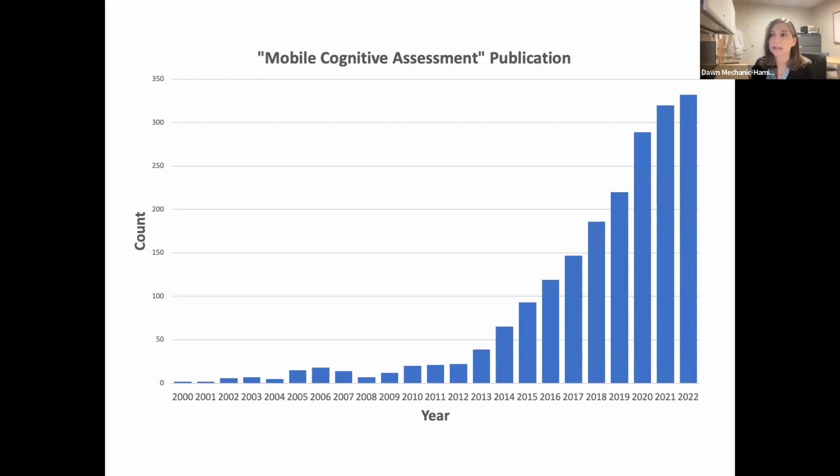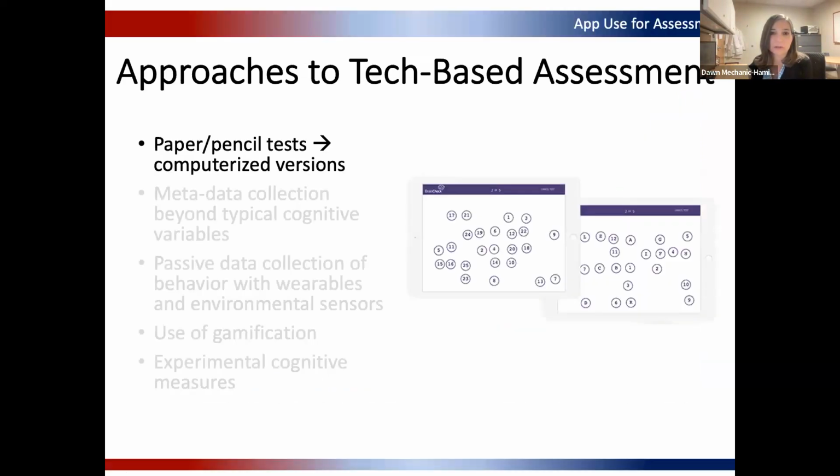And even in the last 3 or 4 years, it's gone up exponentially in terms of the groups that I'm seeing at meetings that are talking about using remote assessments, and being able to do that in a reliable way. So I just wanted to review briefly some of the approaches that I've seen to tech-based assessment, generally thinking about the different ways in which people have approached it.